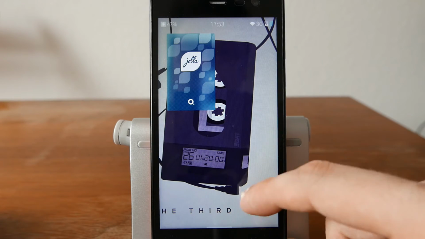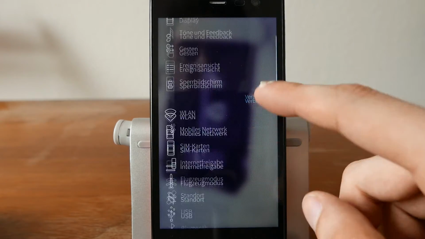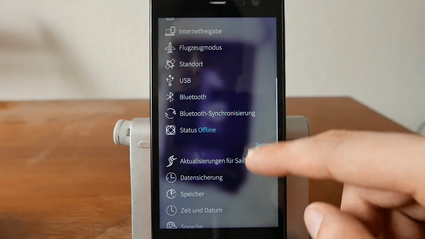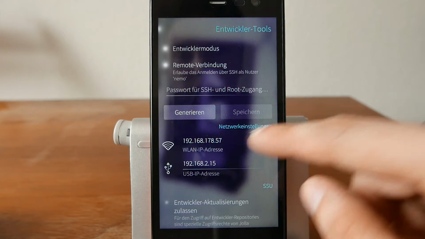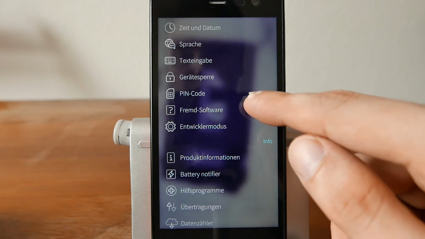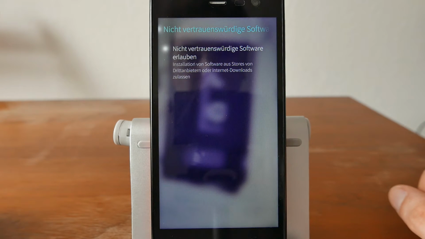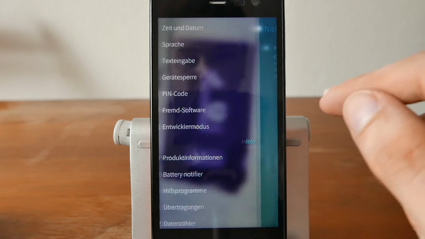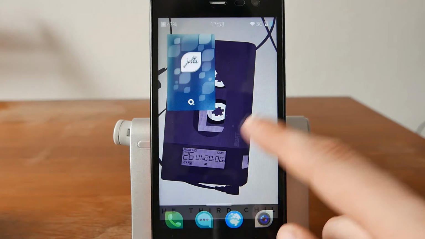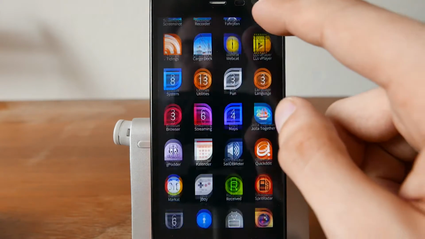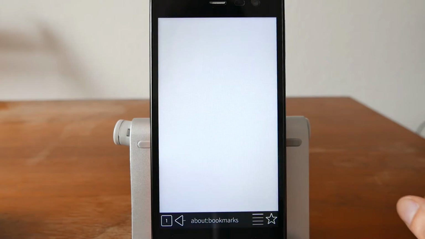First of all, what you have to do is go into your settings and then, under development mode, above development mode, enable the option to install untrustworthy software. This basically allows you to install the Warehouse client that you can get from the website openrepos.net, which is basically a repository